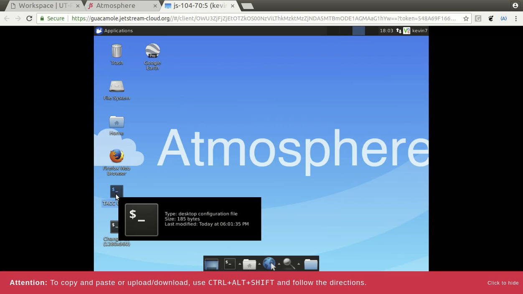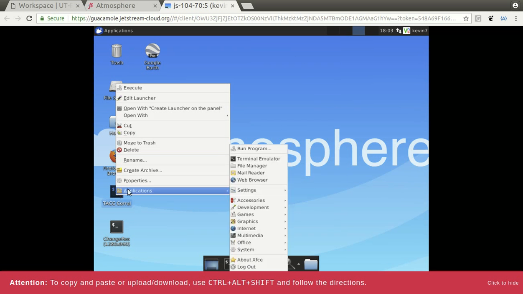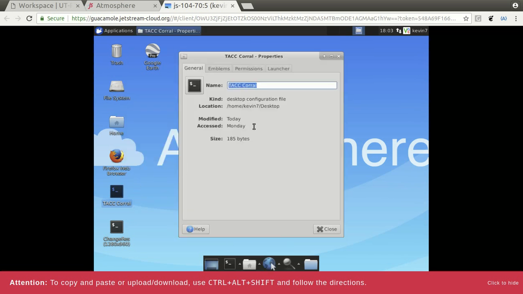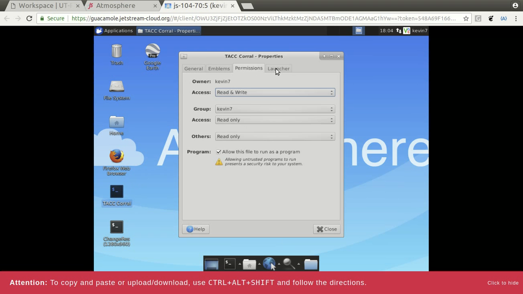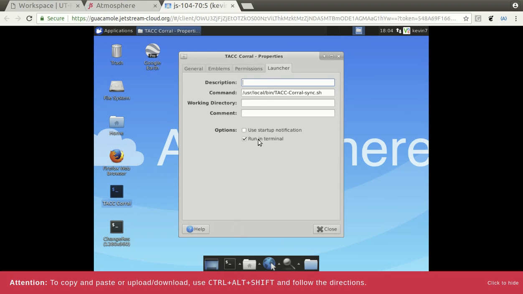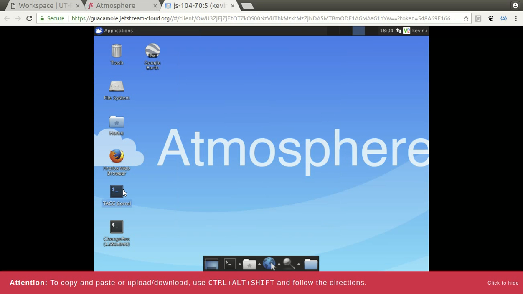To do that, you have to right click on this one and go to properties, and then under the permission in the launcher option, you would see the option run in terminal. Please check that option, otherwise clicking the script wouldn't run it. So this option has to be checked, run in terminal. In my case, it's checked. So if I go ahead and double click on this script, it's going to open up,